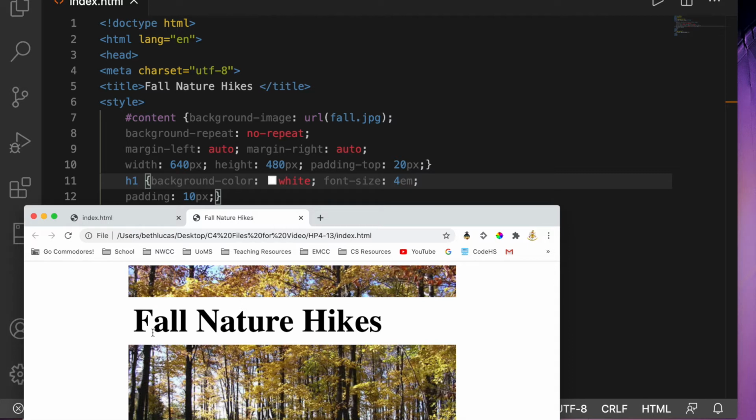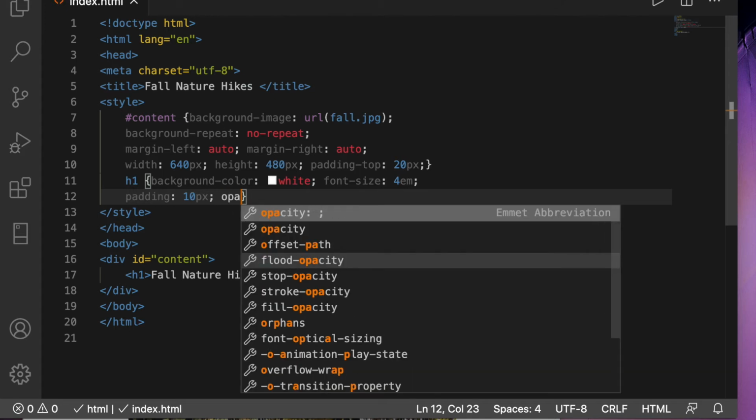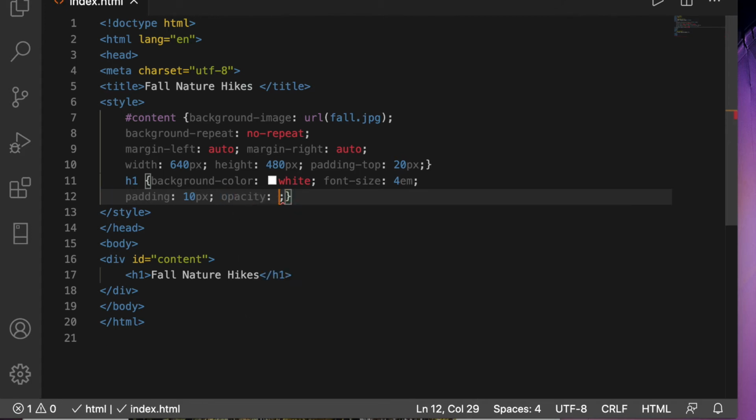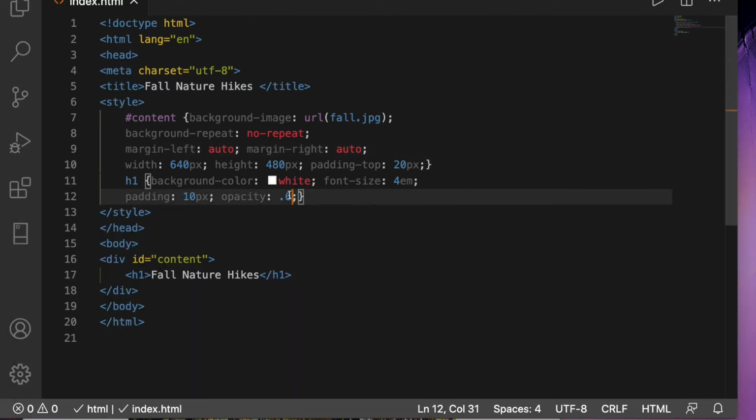Okay, so how can we do opacity? Opacity has its own property called opacity. It is a value of 0 to 1. So let's try 0.6 first, 0.6, and see what that looks like. So we can refresh, nice and opaque. Let's see what happens if we do 0.3,